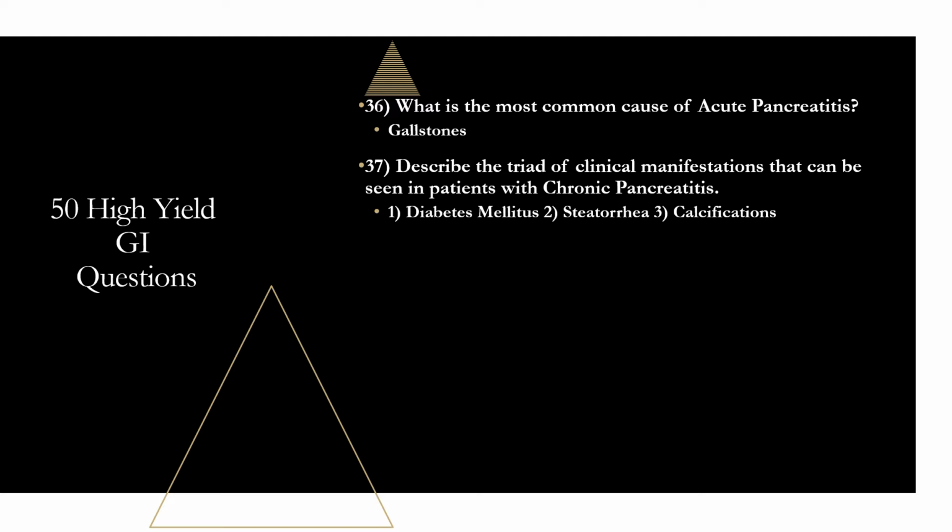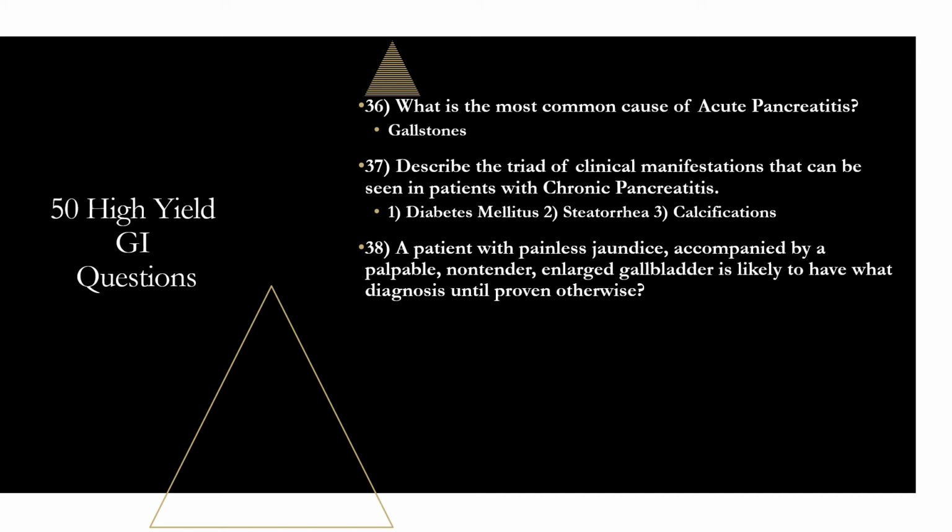And then finally, calcifications. You're going to have these diffuse pancreatic calcifications seen on imaging. And then finally, just remember, this is not really a common presentation. It's really only seen in advanced disease when more than 90% of the pancreas has been destroyed. So they may ask you it, but just be aware in real life, it's really only in advanced disease that you'll see it. Question 38, patient with painless jaundice, accompanied by a palpable, non-tender, enlarged gallbladder, is likely to have